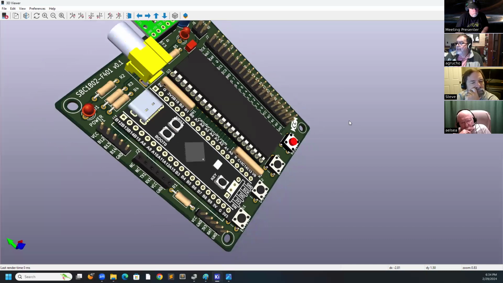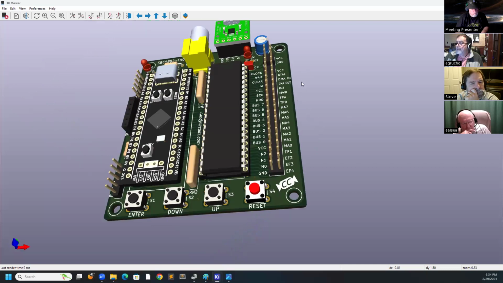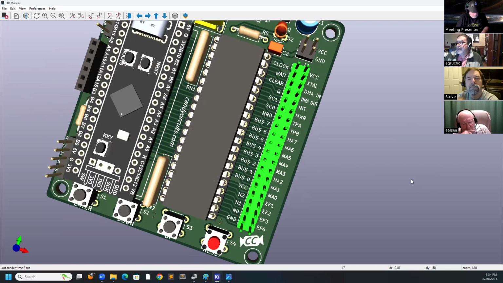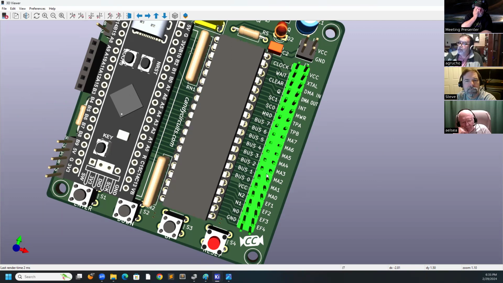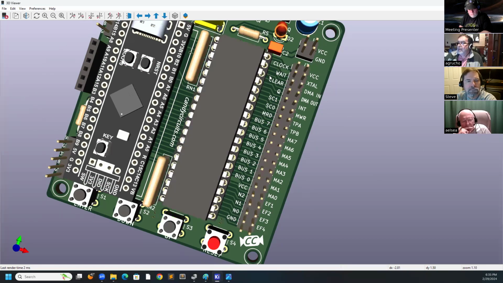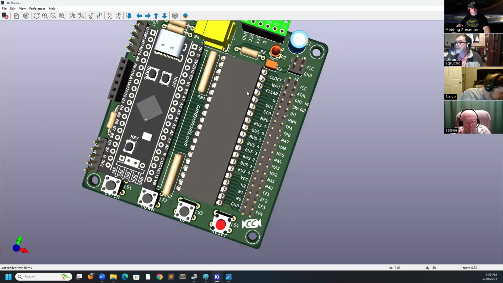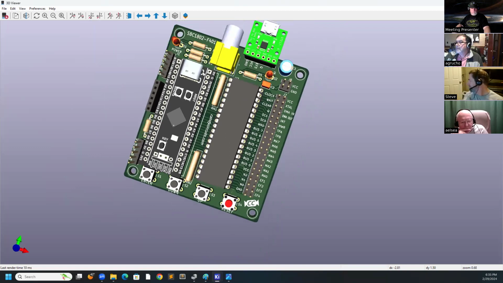I put all the pins of the microcontroller here, so you can practically connect anything from a breadboard to your microcontroller to your microprocessor. This is not a microcontroller. This is just a CPU with the program counters and address line control. So this is another project.